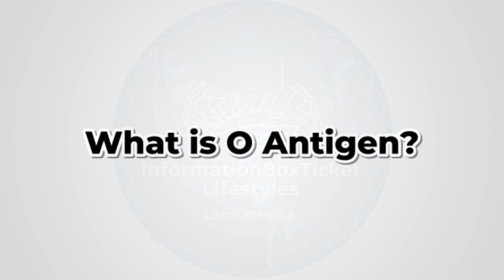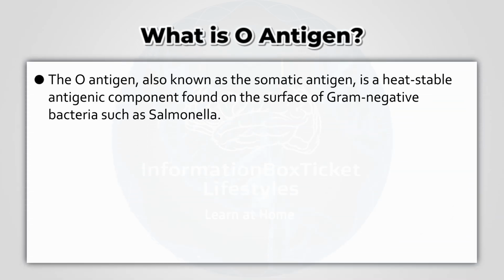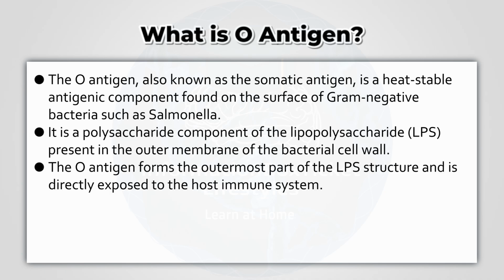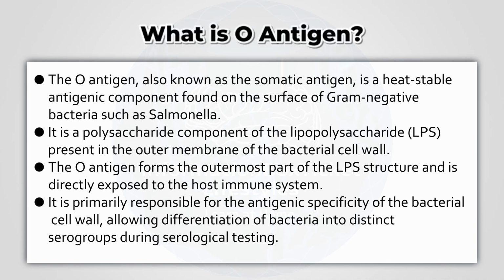What is O antigen? The O antigen, also known as the somatic antigen, is a heat-stable antigenic component found on the surface of gram-negative bacteria, such as Salmonella. It is a polysaccharide component of the lipopolysaccharide, LPS, present in the outer membrane of the bacterial cell wall. The O antigen forms the outermost part of the LPS structure and is directly exposed to the host immune system. It is primarily responsible for the antigenic specificity of the bacterial cell wall, allowing differentiation of bacteria